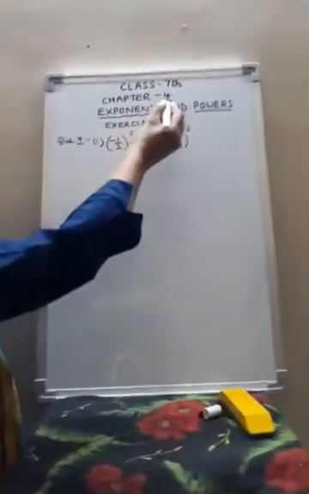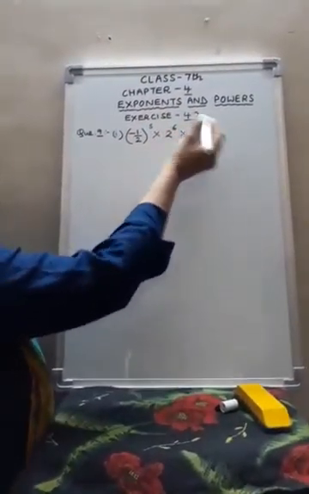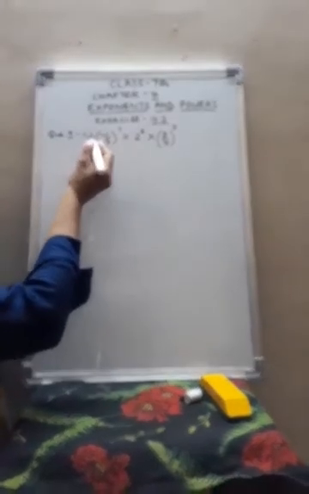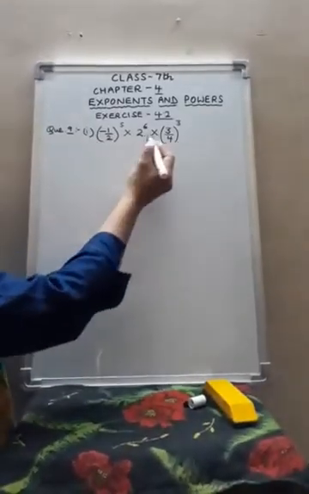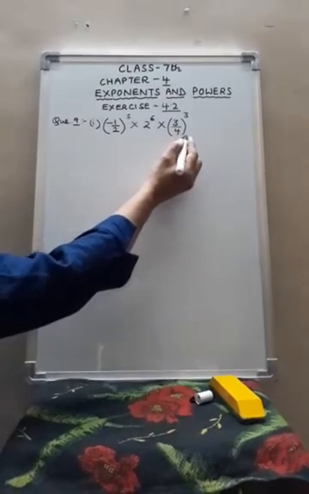We will continue chapter number 4, exponents and powers, in which we will do exercise 4.2. I'll start with question number 9 because the previous questions you've already done. Question number 9 is you have to simplify this equation: (minus 1 upon 2) whole power 5 into 2 to the power 6 into (3 upon 4) to the power